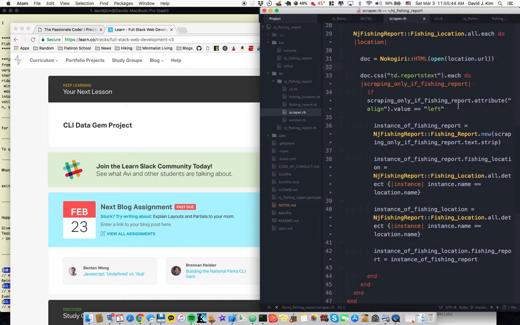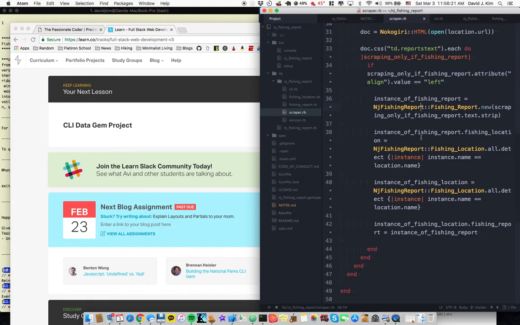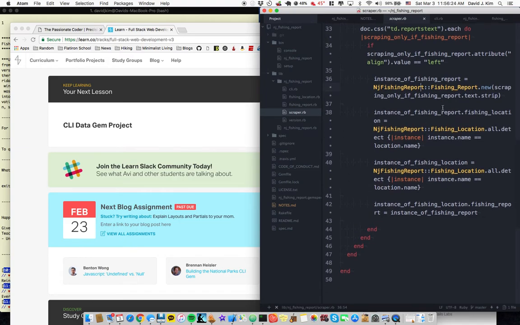Looks into that. Now, I noticed that there were a couple things, even within going one level deep, that had the CSS select TD reports.txt, so I had to figure out a way to single out just the phishing report, because there were different elements in this TD class reports text that had that, but mine was aligned left, so that isolated just the phishing report for that instance of phishing location and location.url. Basically, instance of phishing report equals NJ phishing report dot new,